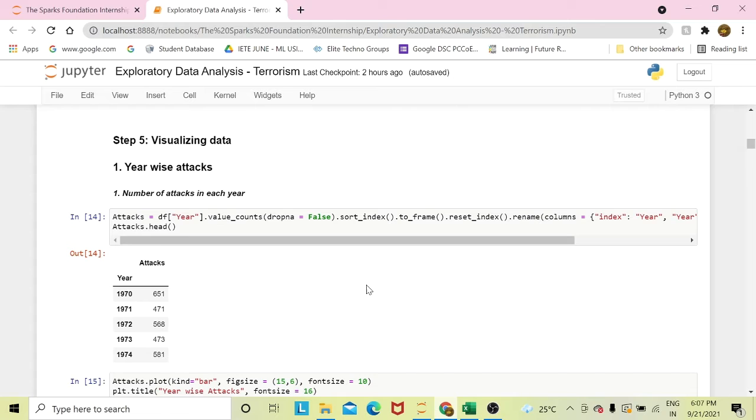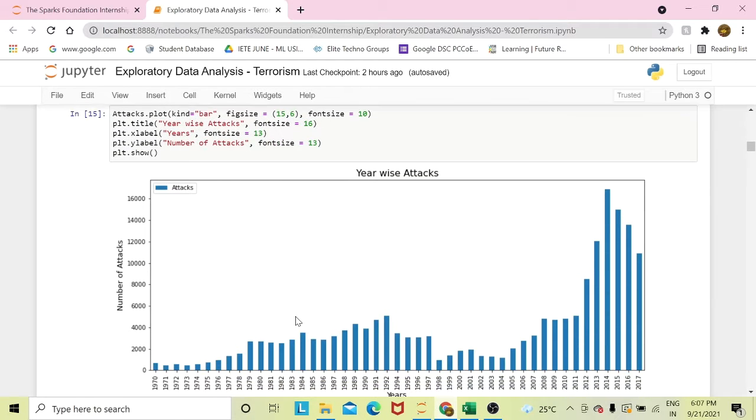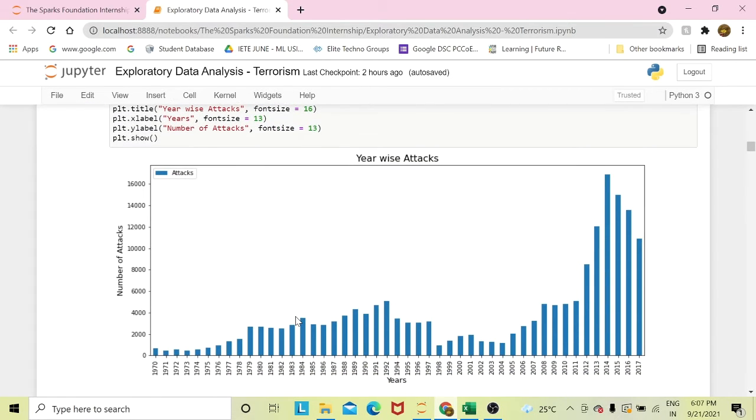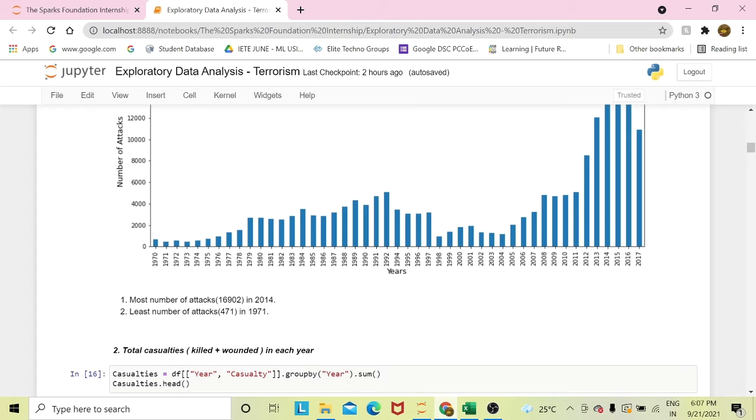So after all this, we get the data frame and we plot it using a bar plot. So this is how we plot the bar graph. From this plot, we see that in 2014 there are the most attacks, 16,902, and in 1971 the number of attacks is the least, 471.